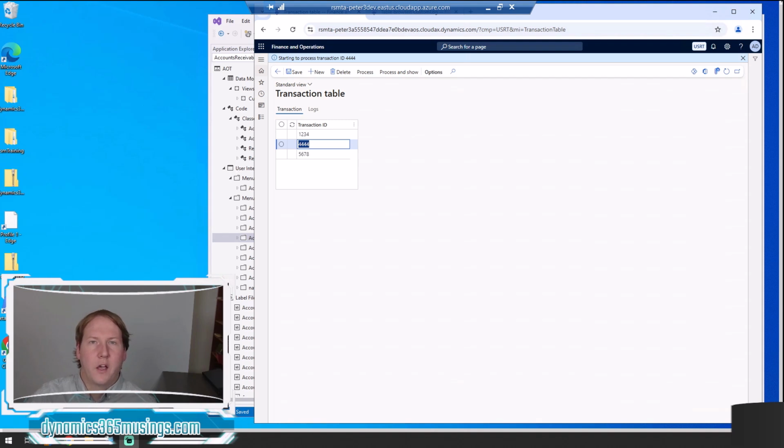Oftentimes you might have complex integrations such as a sales order or something else coming from an external system into D365 into maybe a staging table, and then from there you turn that staging table into a sales order, maybe you're invoicing it. There can be an awful lot going on, and even when you run that process in a batch job and you've got info log messages being printed to that batch job,